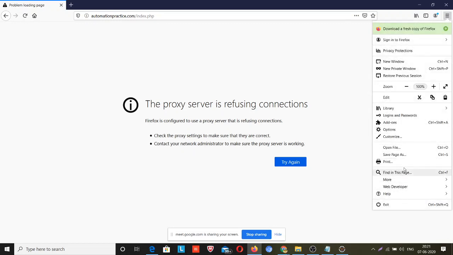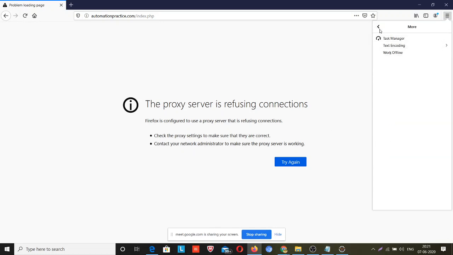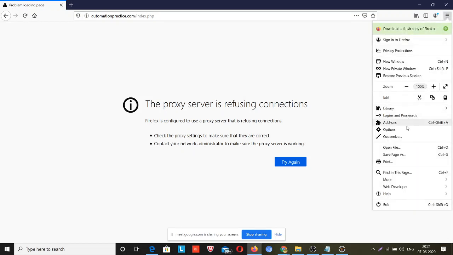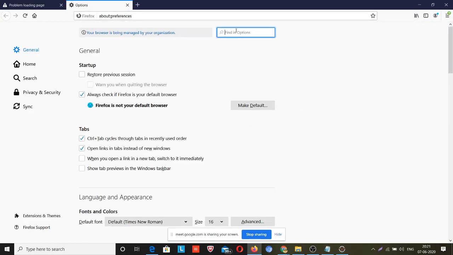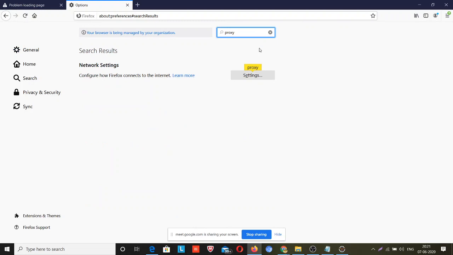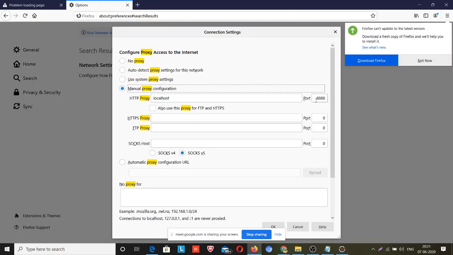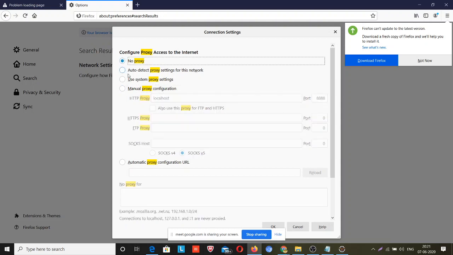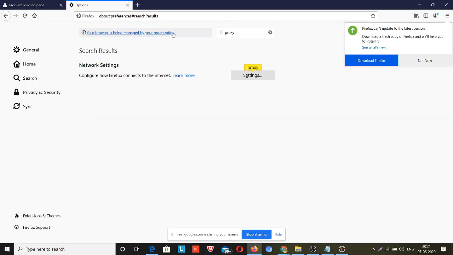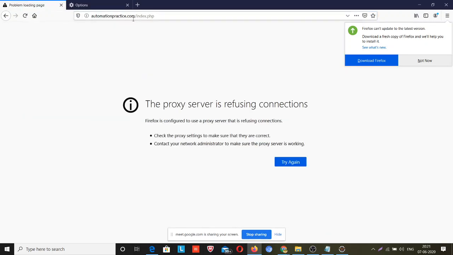So let me remove those proxy settings. Now I was using some software, that's why I needed to set up those proxies.